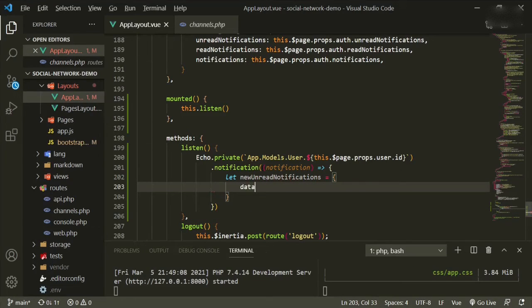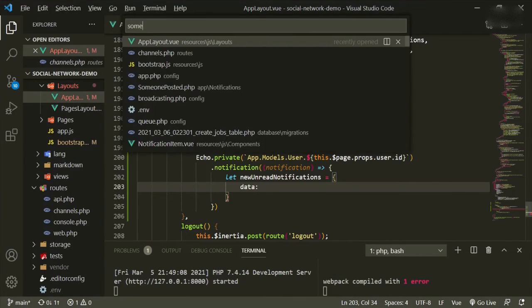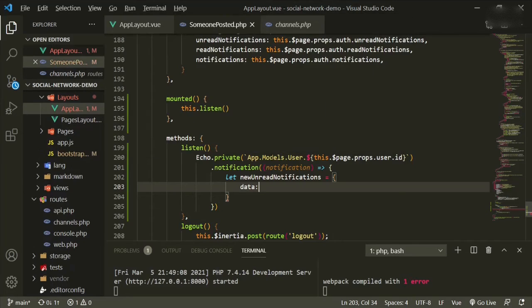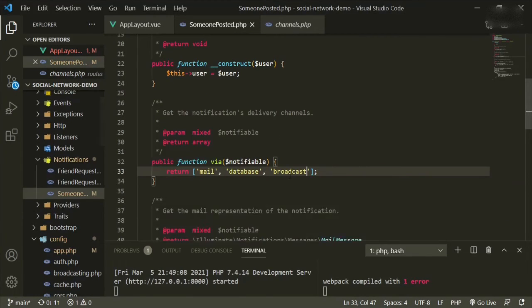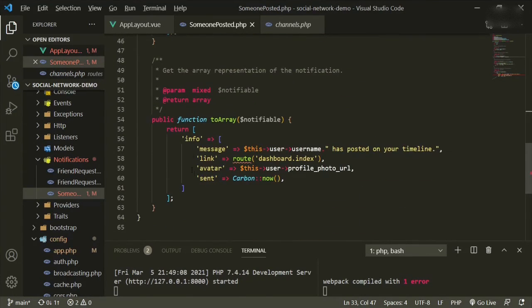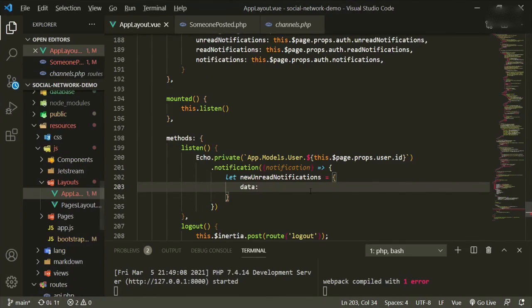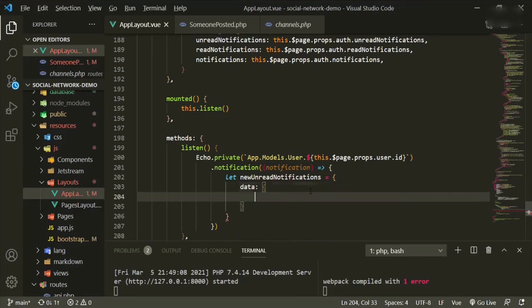And then we need a data section, because our notifications have a data section. If we go to someone posted, what we're passing in the toArray method is within this info, and it's outside of this, it's data info. That's why we're calling it the way we're calling it in here. So curly braces, and then it'll be info curly braces,